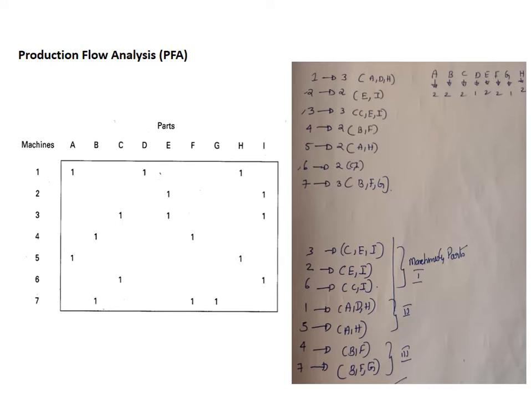So here you are seeing the machines and parts as we discussed before. We have analyzed the row-wise and column-wise, which is parts. These are the parts and these are the machines. These are scattered initially, without applying any algorithm or any production flow analysis on this, or rank order clustering. This is the chart we got, and after applying that, as you can see here, we have sorted